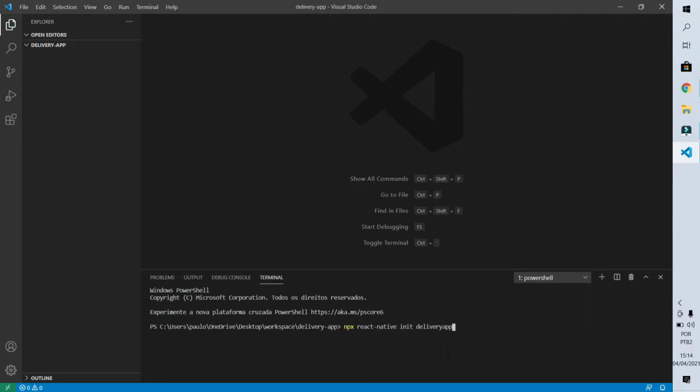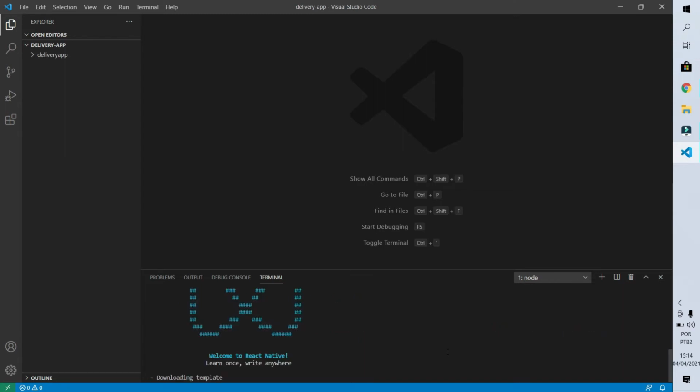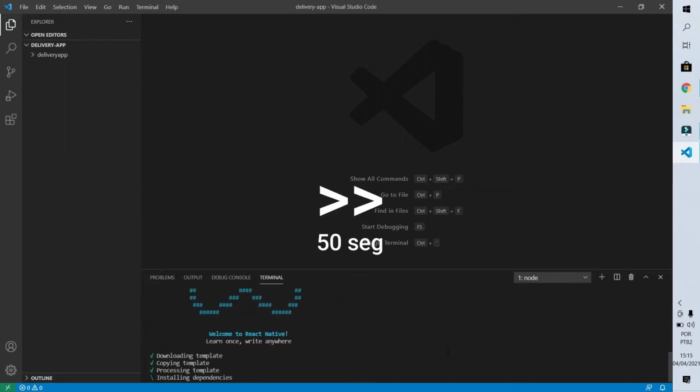I could stop here and hit enter and I would have created my project, but it would be created using JavaScript. But actually I always prefer to work with TypeScript instead of JavaScript, because TypeScript is like a JavaScript with superpowers and such. So I would advise you to do the same. To create a project that's written with TypeScript, keep typing space --template react-native-template-typescript. I click enter and the project creation process starts.